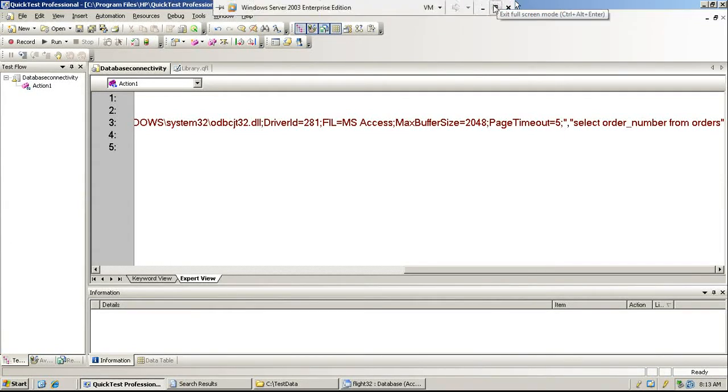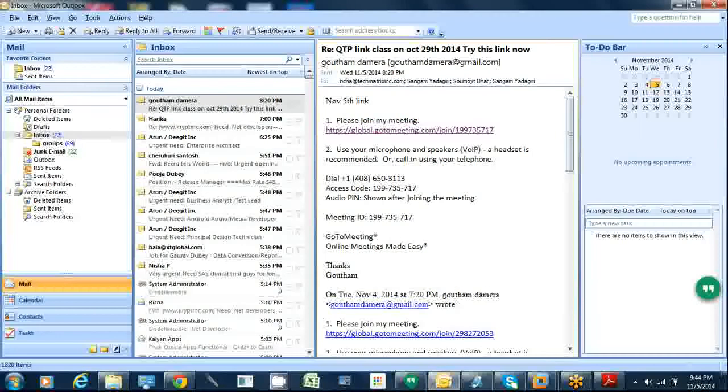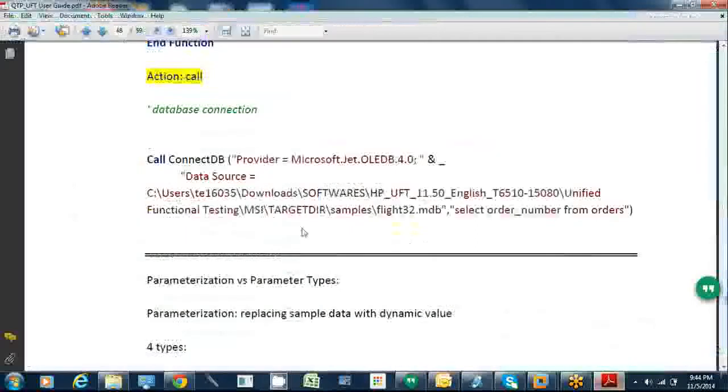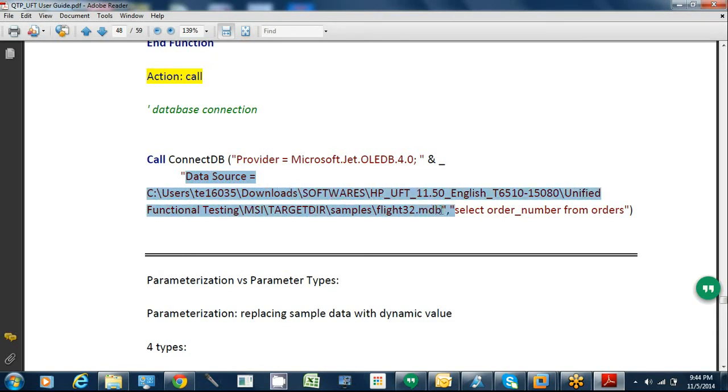So I'll take the earlier path from here. Data source is simply your local path or your path from Quality Center. So instead of the default database path, here I'll simply change the data source path.